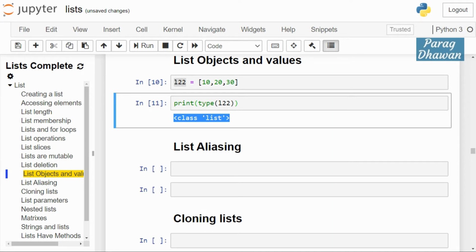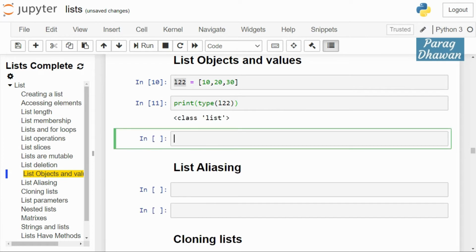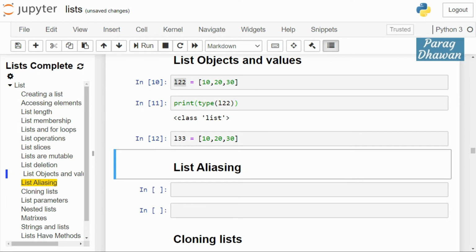Again we create a new variable L33 holding the same list value 10, 20, 30. Click on the cell, run the cell. It created an object of the list with the name L33.